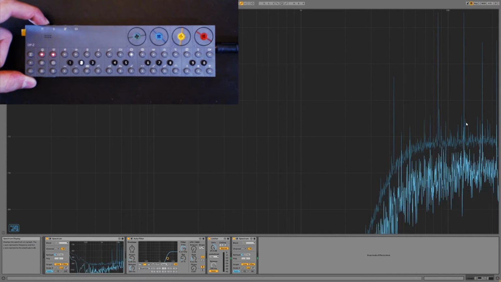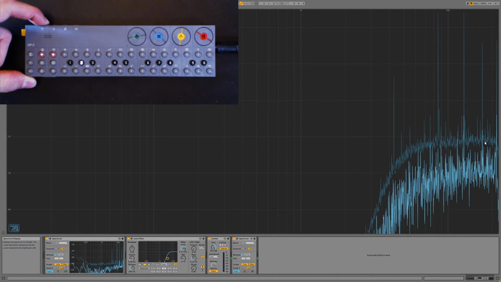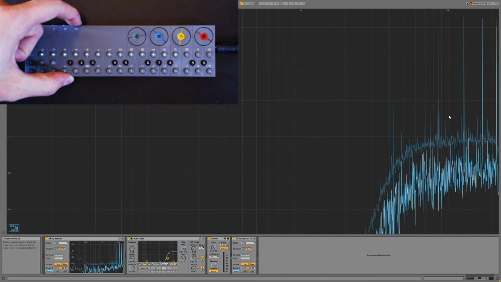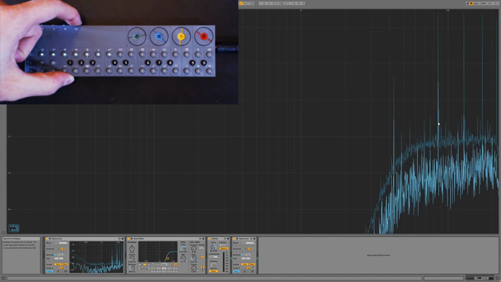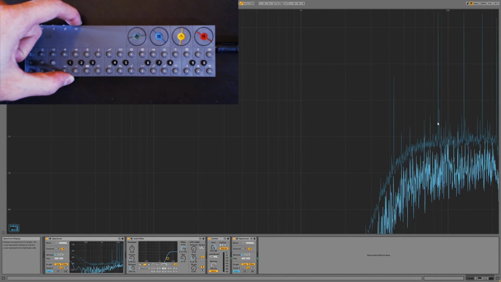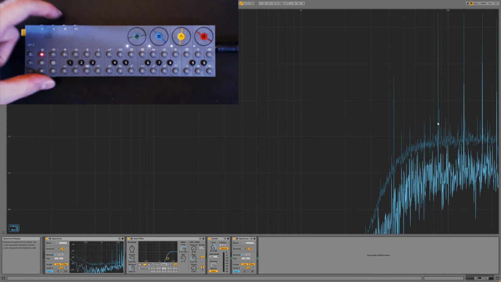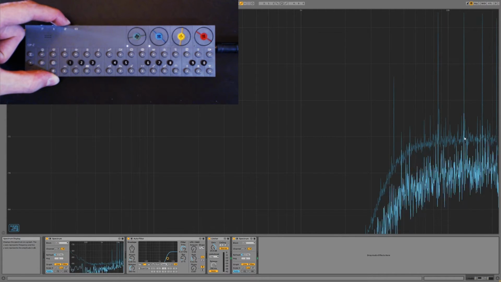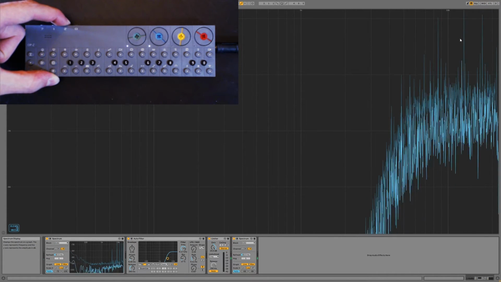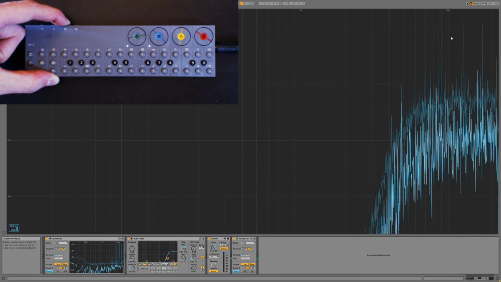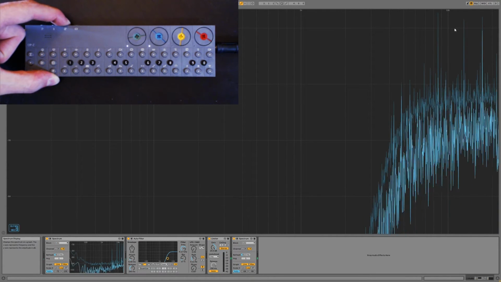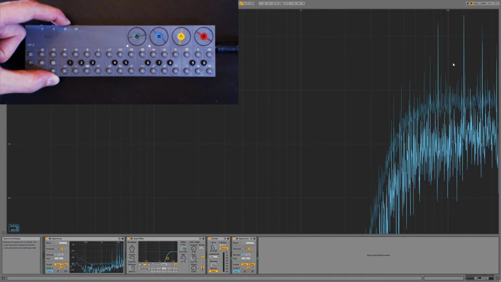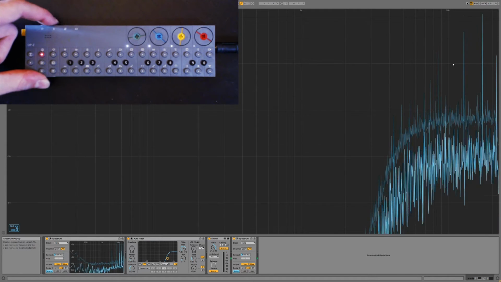So you can see when I hold down the project button, you see this over here, not getting anywhere near as much. And the screen button has this weird oscillating effect. And I believe the metronome almost totally kills the noise. We can see we're getting peaks that are coming in above negative 66 right now, but really not much to speak of. And look at the difference between holding down the metronome button versus the mixer